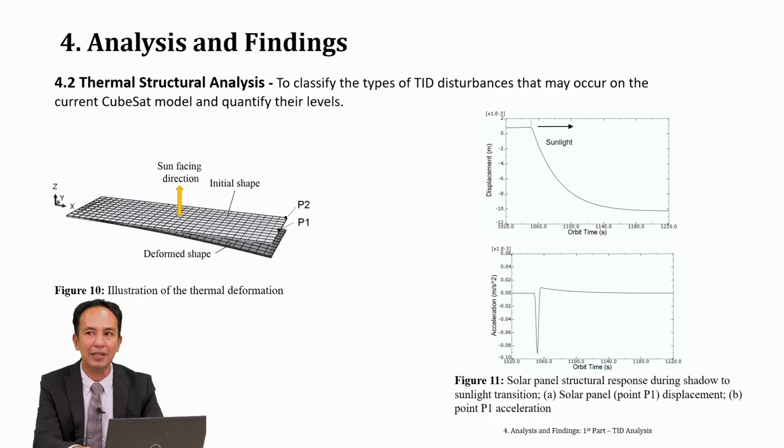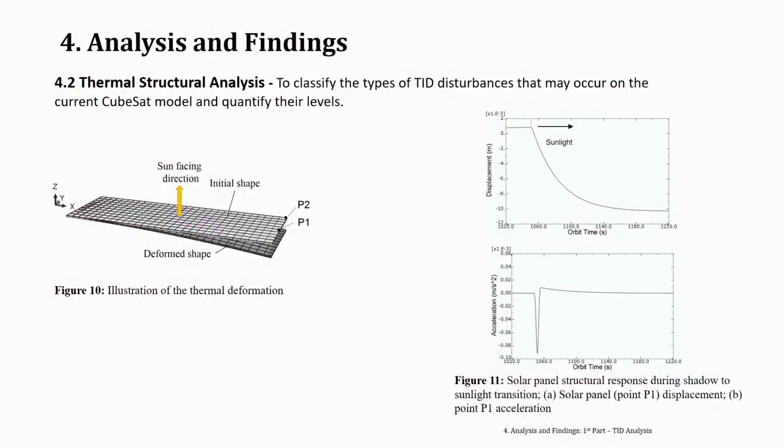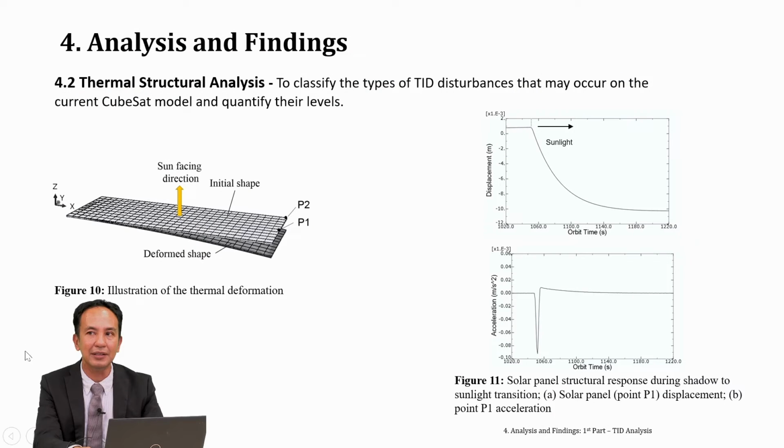The temperature results that we obtain are then used in the thermal structural analysis, which is used to classify the types of TID disturbances that may occur on the current CubeSat model and quantify their levels. As obtained in the thermal analysis, whenever the satellite is in the sunlight region, the upper side of the solar panel will get hotter than the bottom part. This causes the solar panel to deform downward or bending, which is one type of TID phenomenon we